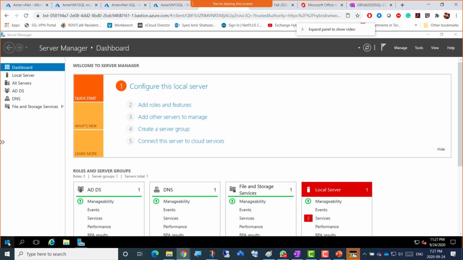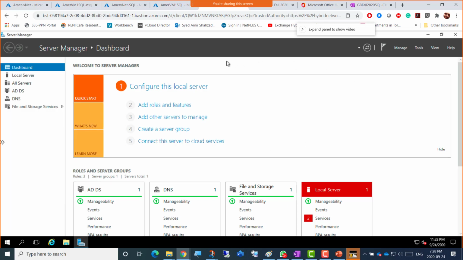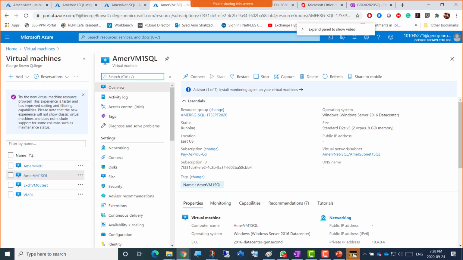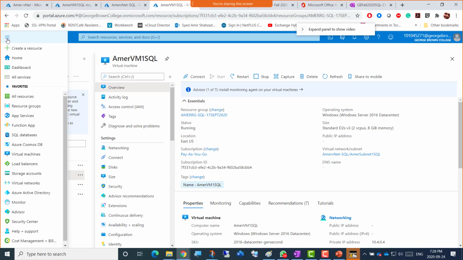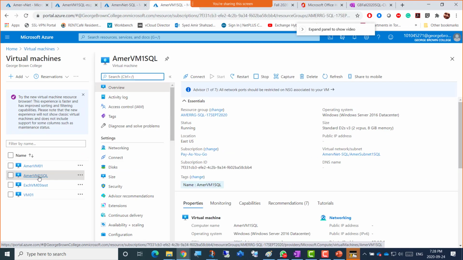So here, if you're inside your domain controller, then we can just open. You can see there. Right click here. How did you get here? Gideon, did you remotely connect to your machine? So if you go to your virtual machine, just go to the portal menu here, and go to virtual machines. Once you go to virtual machines, you should see your virtual machine, your first name, VM1 SQL, right? Once you click that, hopefully you're following, Gideon,